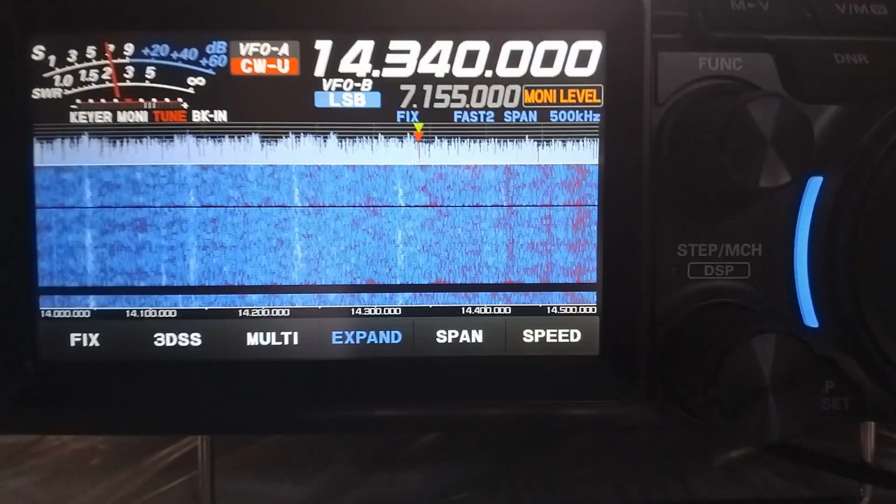Checked SWR on 30 meter band and found it to be above 5. So the actual resonance of the antenna is between 30 meter and 20 meter amateur radio bands. This time nearer the lower end of the 20 meter band, as can be seen from the pattern of SWR on the 20 meter band. Now at least I can operate on 20 meter with tuner, but the SWR on the whole 80 meter band